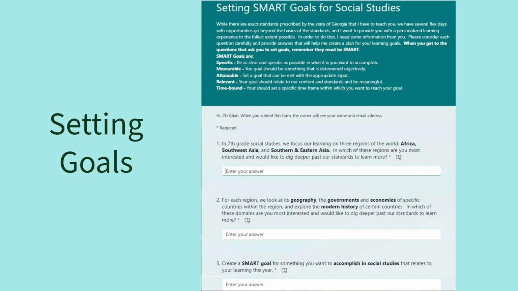So, as a way to teach them how to and to learn some things about them so I can support them in a more personalized way, I have created this form that you see here on the screen. Reminders of what the acronym stands for, along with clarifying information, should help them get started. This information will help me kickstart the one on one meetings that I already do with my students throughout the